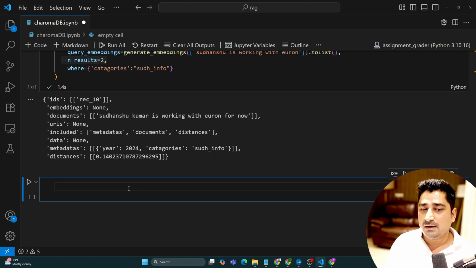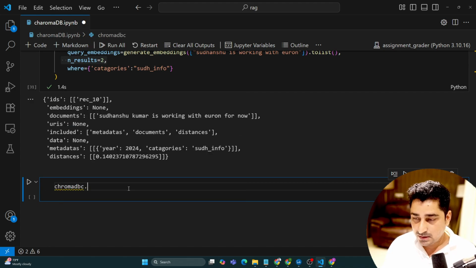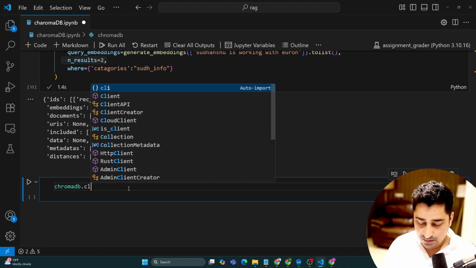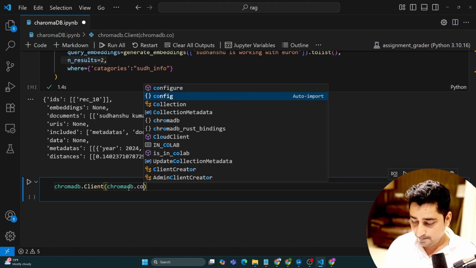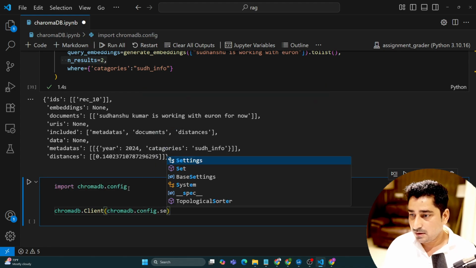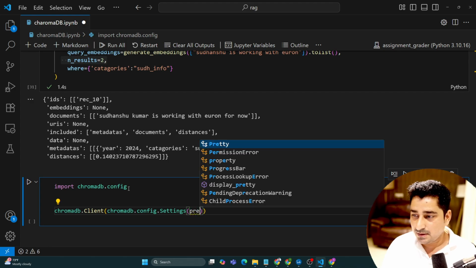But what I want is to just try to persist it. Let's try to persist it in a physical space. How can I do that? So here I can call chromadb.Client, and inside that I can call chromadb.config.Settings, and inside this I can say persist